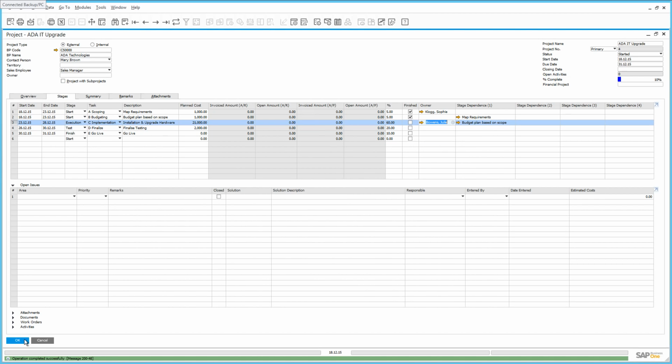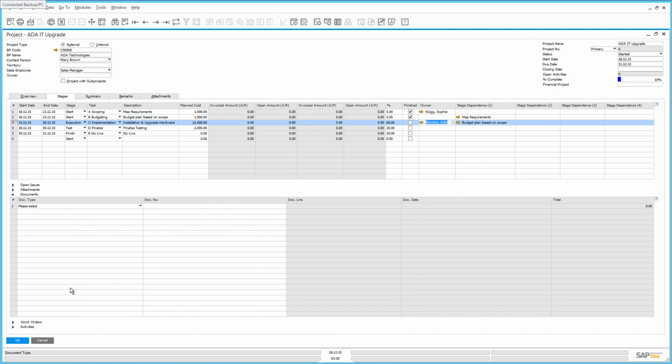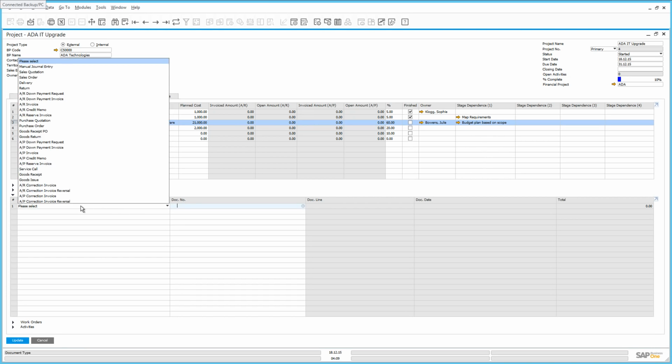Julie has at least spent some time on the implementation phase, and as a result, we can now start posting expenses. If we move to the Documents part of the project window, we have the ability to select a delivery document, for example, and corresponding AR invoice to a particular project. Julie Bowens has worked 10 hours on this particular project for the implementation stage, so we can actually invoice 10 hours of labour items. So let's now select the delivery document that we created by simply selecting the right document type